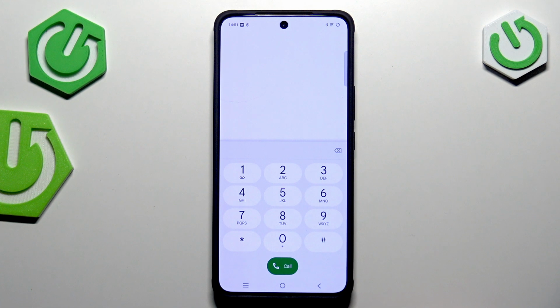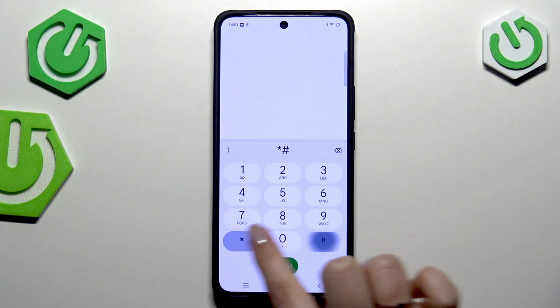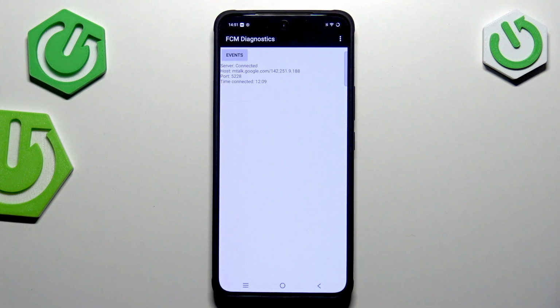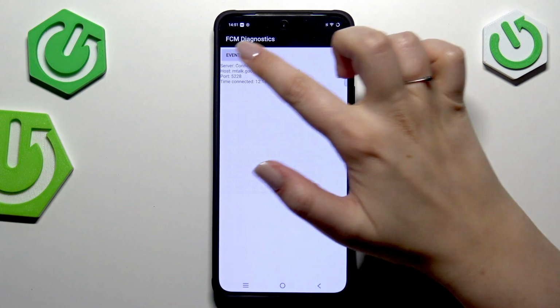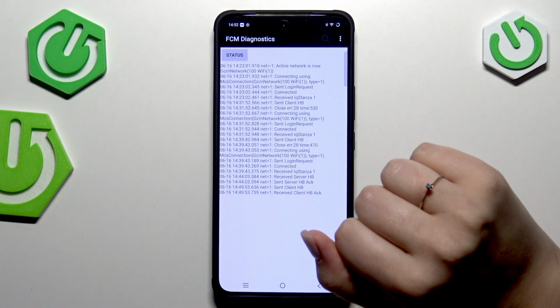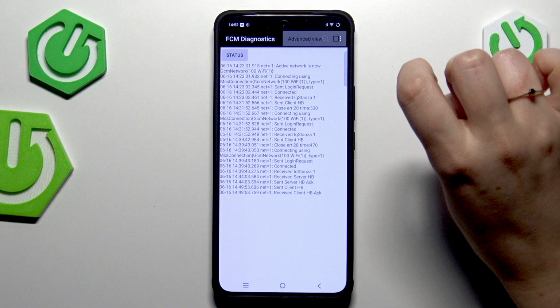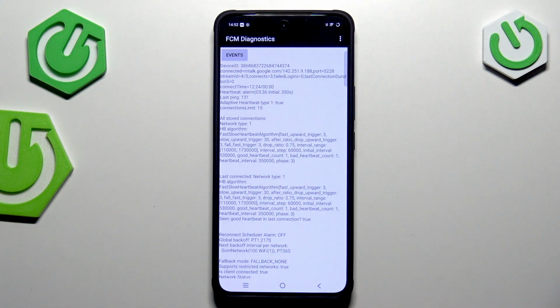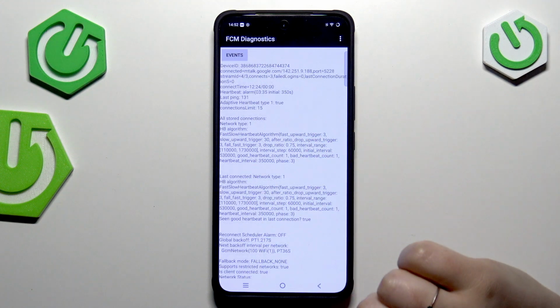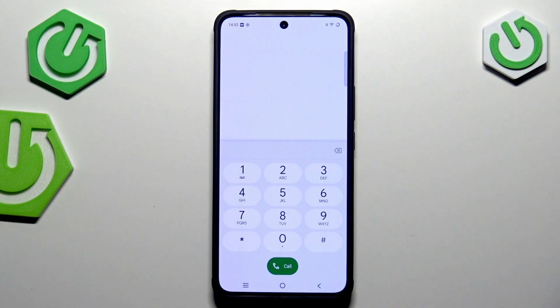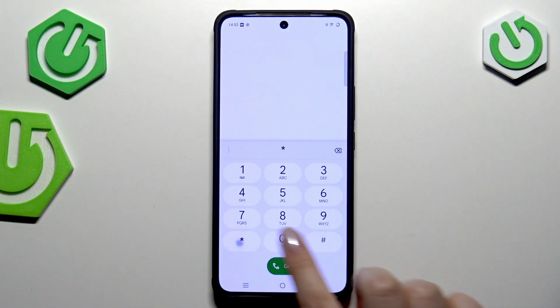Another code will open the diagnostic menu, and it is *##426#*##. And here we are in the diagnostic, so we can check the server, host, port, time connected. We can tap on events, and here we've got some further details. After tapping on the three dots icon, we can show advanced view. Just tap on it and tap on this option and tap on the status. And right here we've got much more information, so for example the heartbeat, last ping or HB algorithm. Now we can go back, that's all for this code, and another one is